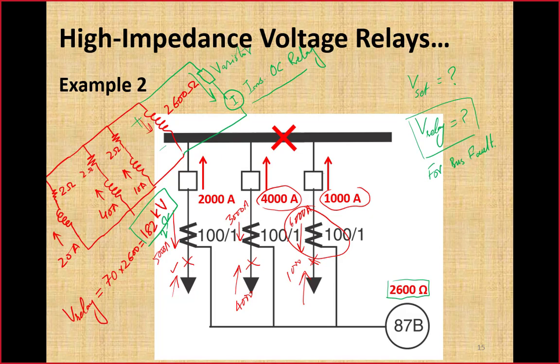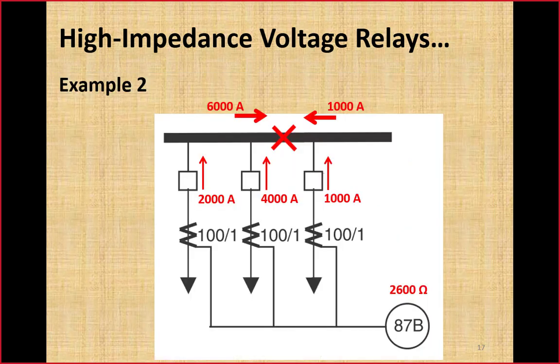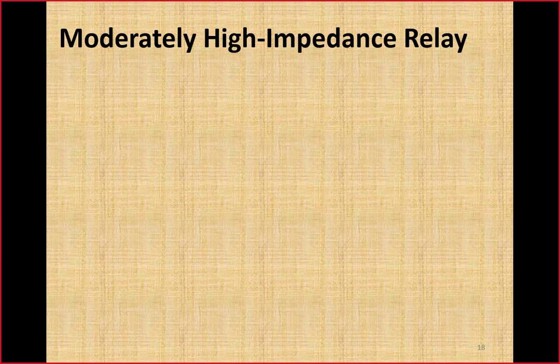If I go back to that slide and show you that position of the circuit, here the purpose of this overcurrent relay is to trip the circuit breaker when a high magnitude internal fault occurs. So that will protect this circuit from getting very high voltage, because the variable resistor's resistance will reduce to 0 as soon as the voltage becomes higher than its rating, and that will provide a short circuit path for the flow of heavy current. That will be 70 ampere in our example that we had solved, and it will immediately result in tripping of this overcurrent relay.